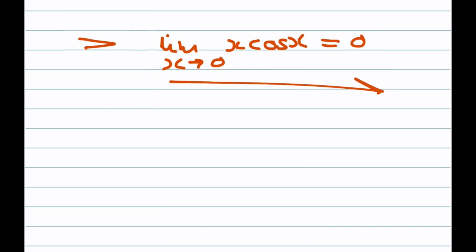So by the squeeze theorem, we know that the limit as x goes to 0 of x cos x will be equal to 0. And that's the basic sort of